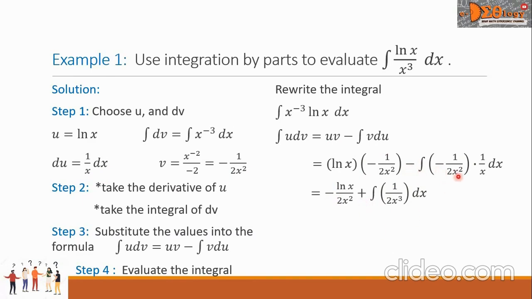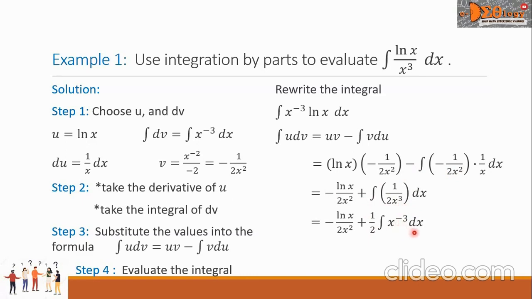We combine this x squared and x to be x cubed. Simplifying further, we can move this constant 2 in the denominator outside. So we have here 1/2, and then we show that this x cubed is written as x with negative 3